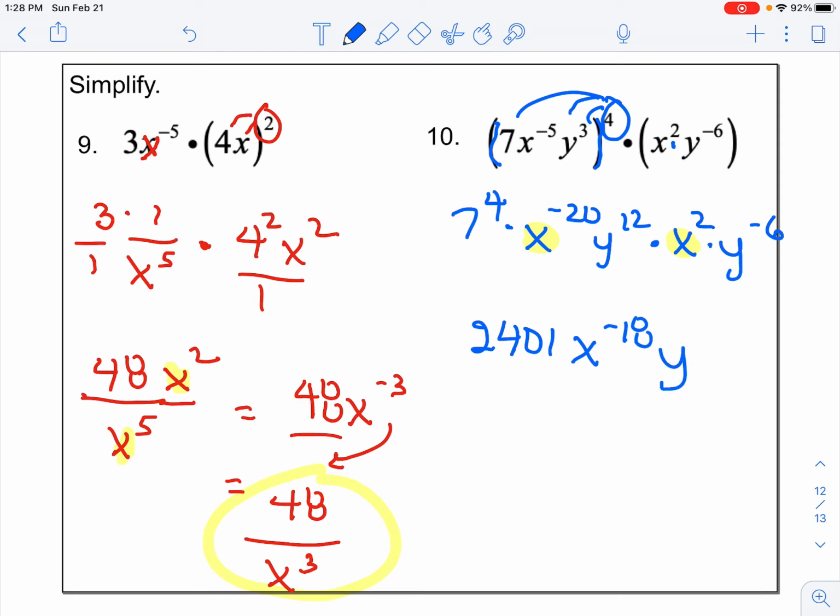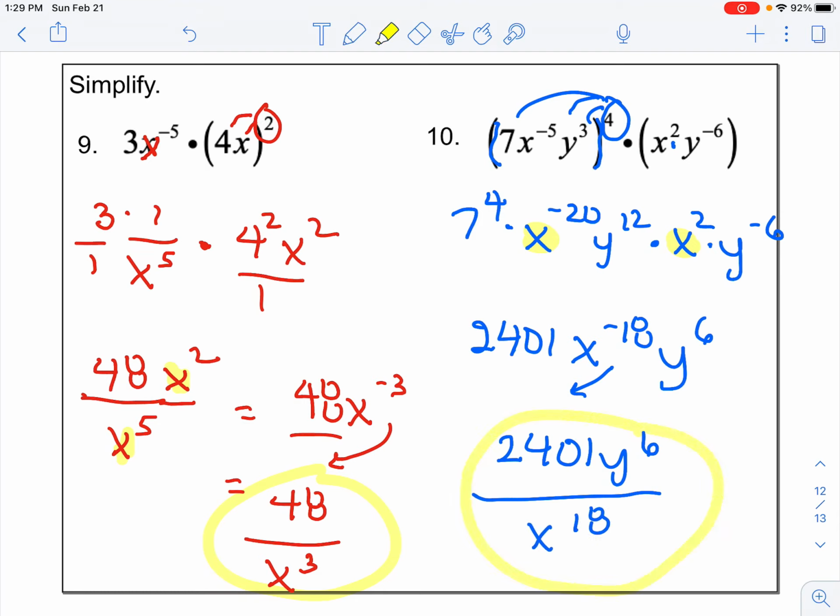And y to the 12 plus negative 6 is going to give me y to the 6. But again, I can't have negative exponents. They go on the bottom. So this is going to be 2,401 y to the 6 over x to the positive 18. All right, so that is the end of our day 7 review of Learning Targets A